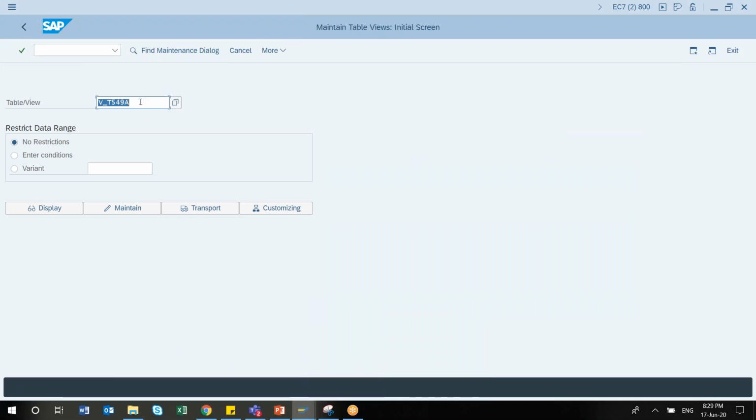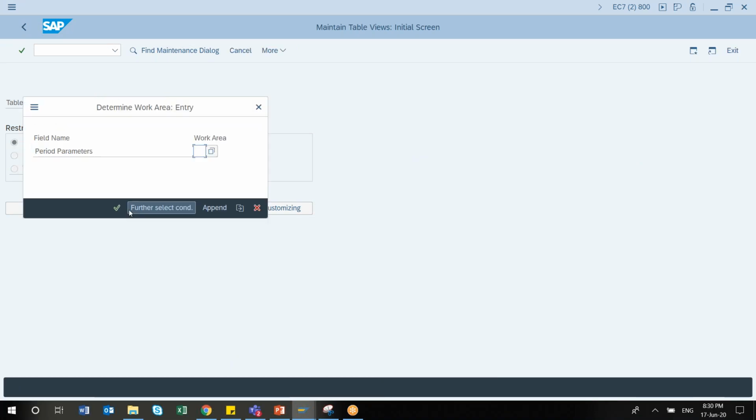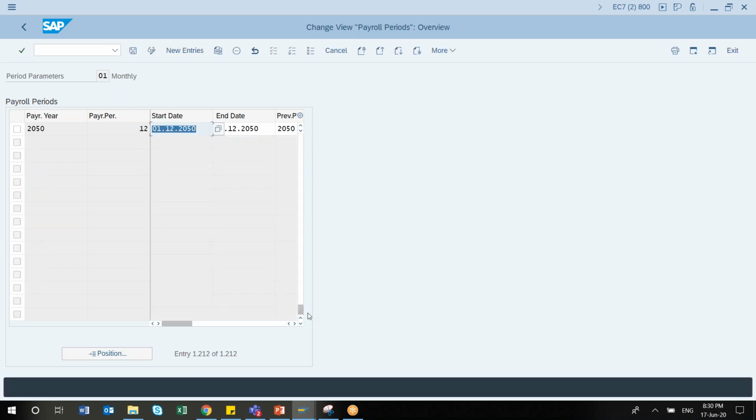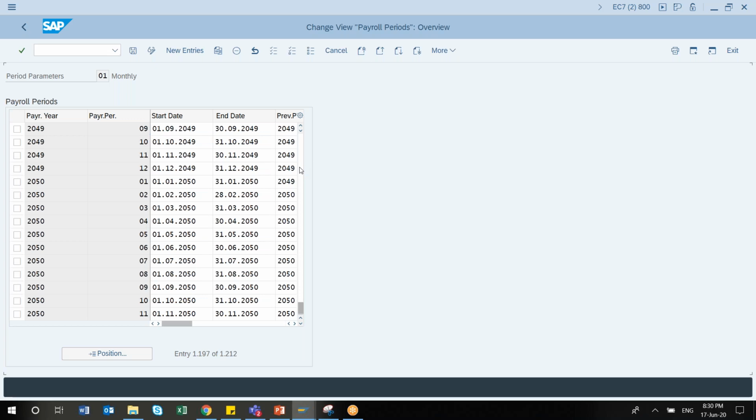These are all T549 series tables. So I can just go to the Q table and maintain period parameters. It is asking me for the period parameter; I remember I used period parameter 01. You can see that for period parameter 01 we still do not have a period. Although it starts from 1951, something is there, but in 2018-19, I believe it is not there.